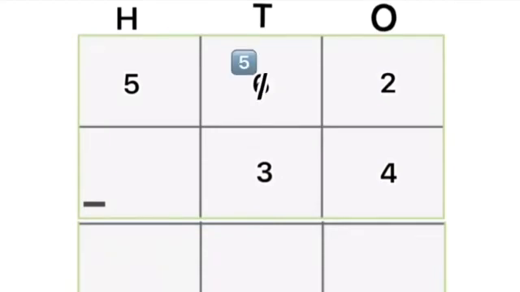So we borrow 10 ones from the tens place and carry to the ones place. And it will become 12 ones. Now subtract 12 ones minus 4 ones and it will become 8 ones. And students, in step 2 we subtract the tens. 5 tens minus 3 tens and it will become 2 tens. And finally, subtract the hundreds. 5 hundreds minus 0 hundreds and it will become 5. And the answer will be 528.